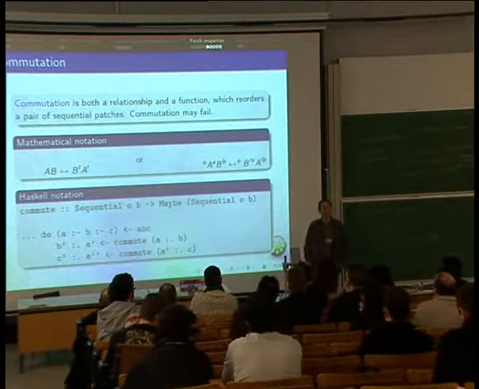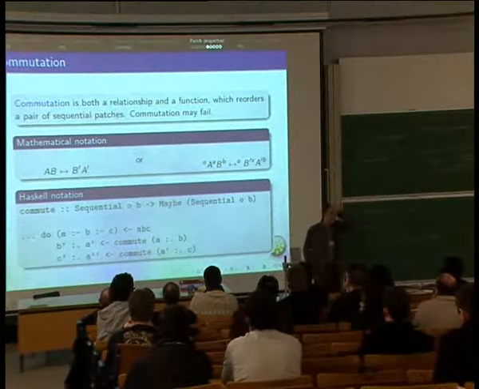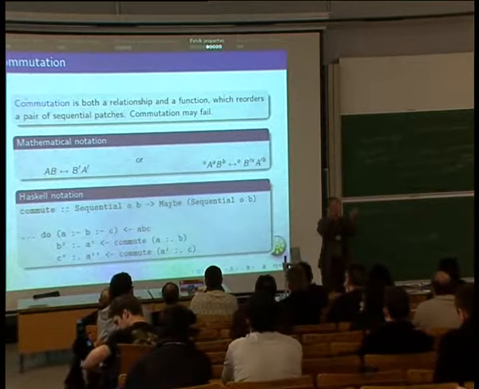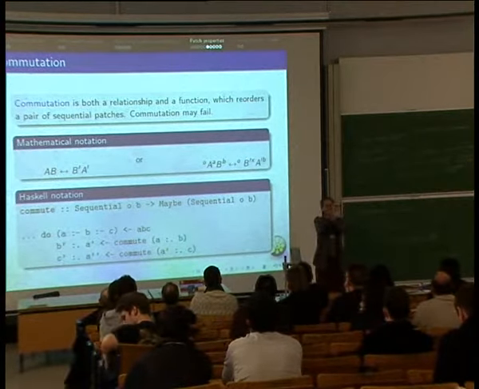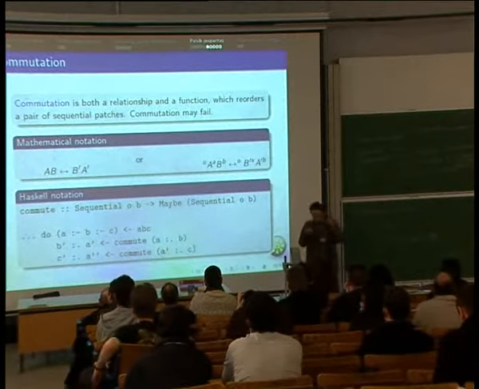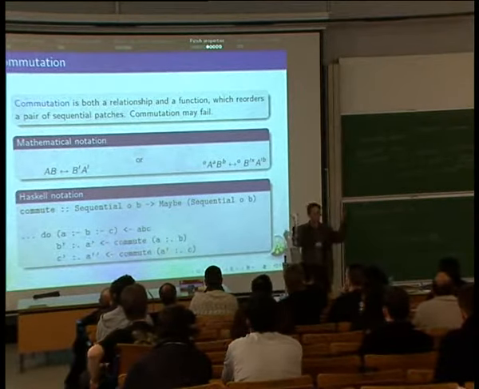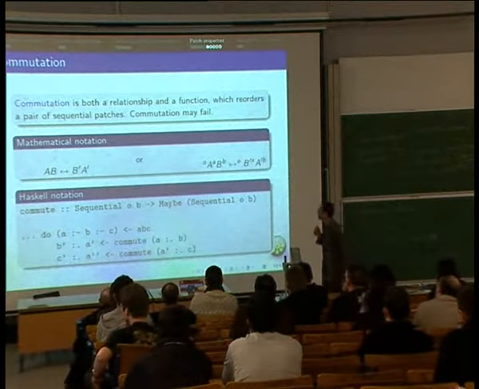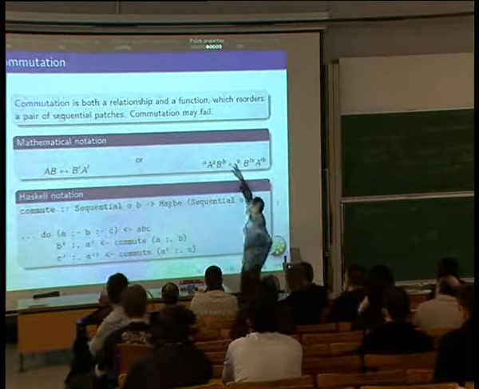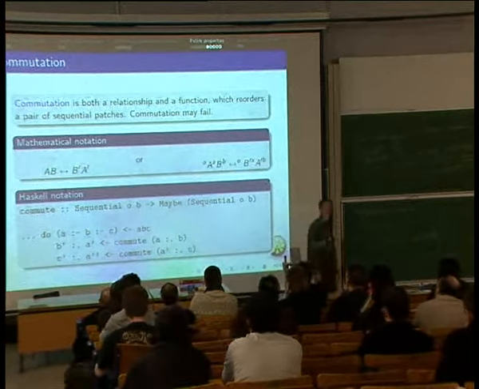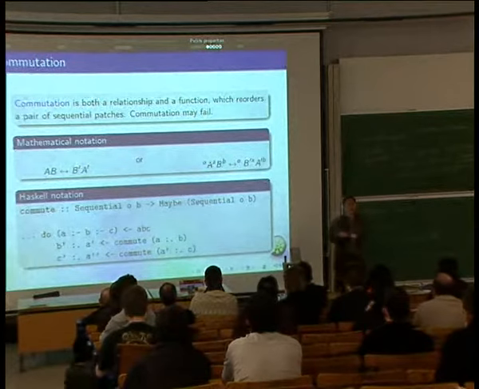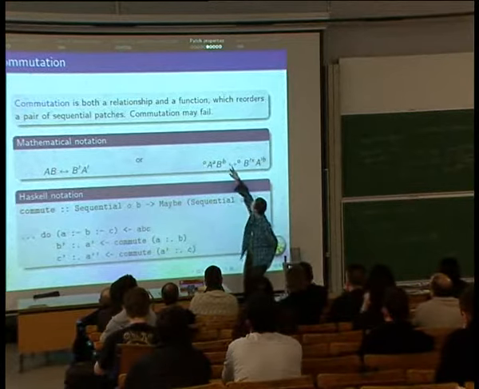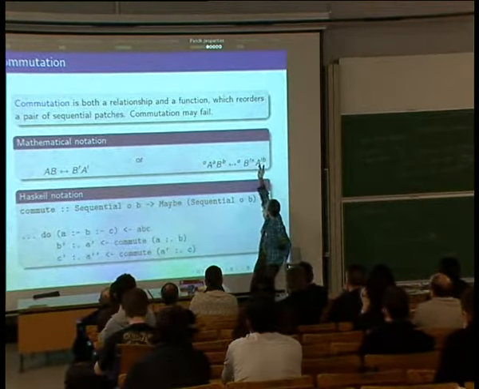So to move on to actually doing interesting stuff, most of Darcs' work, well, inversion is very important, but most of the work is done by the commutation function. The commute function is both a relationship and a function which takes two sequential patches and reorders them so that, well, the second one comes first. Mathematically, I write this using this double-headed arrow, which is a little bit confusing at times, but it's because it's both a function and a relationship. In fact, it's also a self-inverting function, so that if AB commutes to B prime A prime, then vice versa